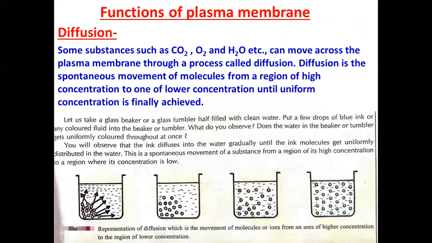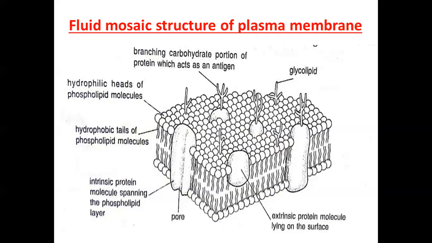Now the question comes, what is the role of this protein? The proteins are present not to give any strength to the membrane, but to serve as enzymes, that means catalysts for chemical reactions within the membrane. And protein also helps as a transporter. What else? Pump for active transport, receptor protein for endocytosis. So the presence of lipids and proteins provides flexibility to the plasma membrane. This property of flexibility of the plasma membrane helps in endocytosis. We will be understanding what is endocytosis and what is active transport.